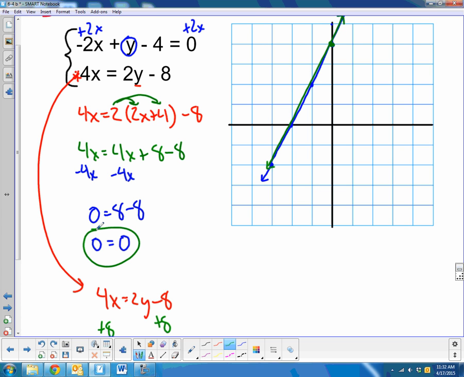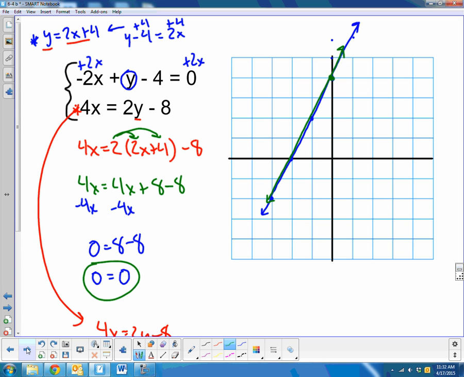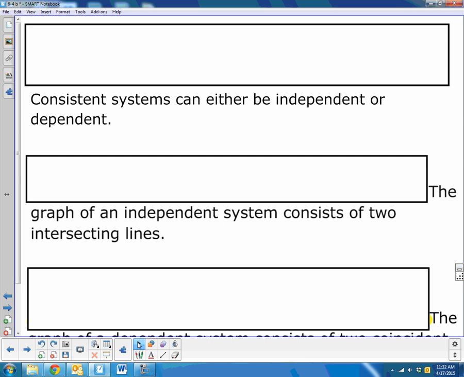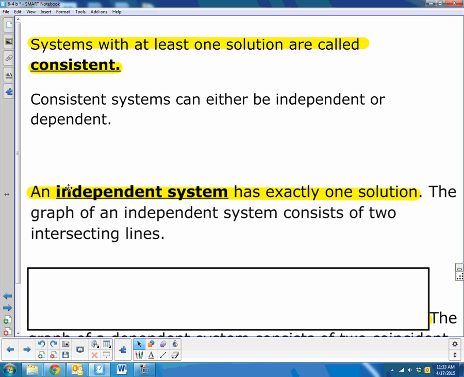So there are three different things that can happen here. You could have no solution. You could have an infinite number of solutions where it's the exact same line, they're right on top of each other, or they could just intersect once, like every other line we've looked at. So three different things that could happen, and here we are. So a consistent system has at least one answer. They're not parallel. Inconsistent, no solution. Consistent, there's at least one answer. If there is exactly one answer, like most of our problems will have one solution,